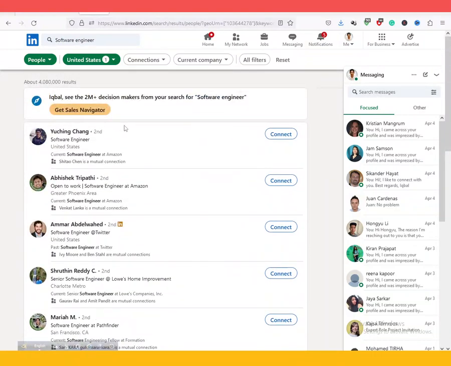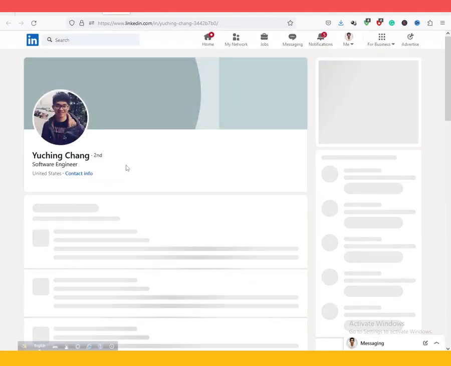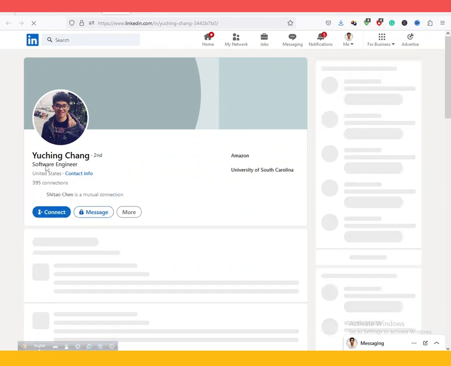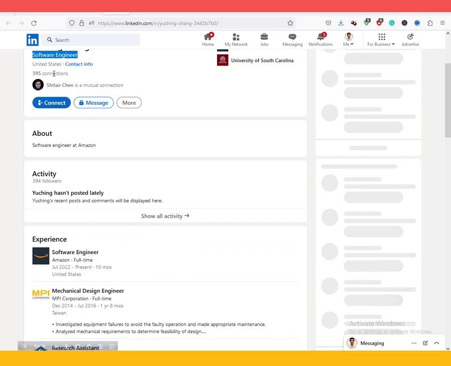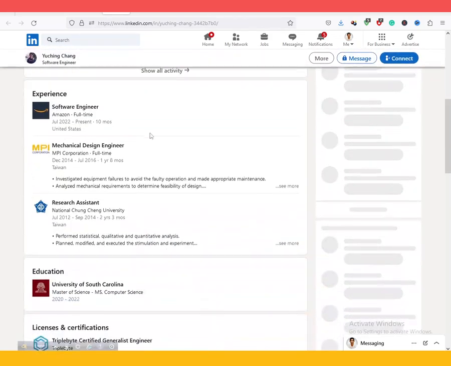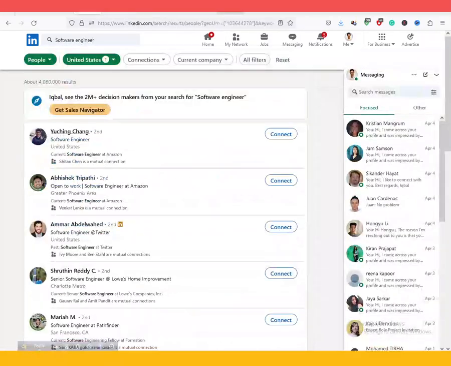There are many software engineers in my profile, but why is this man showing up top in search results? If you go to his profile, you see he probably used software engineer in his headline as well. Software engineer is his headline, and he has 395 software engineer, and if you look, it's not much activity. So